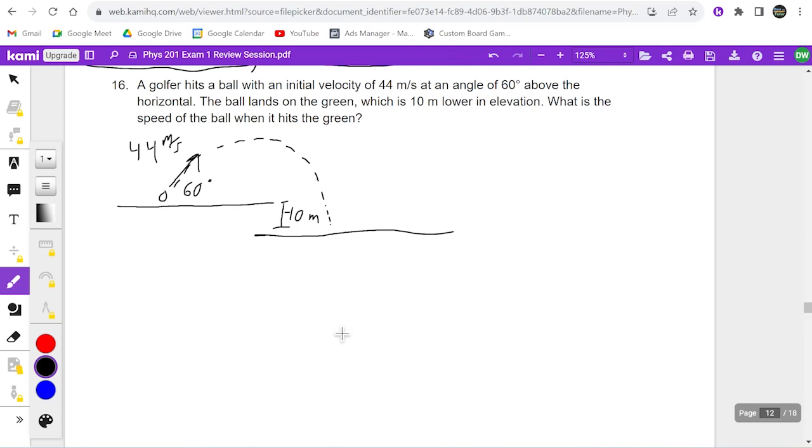Great. So the first thing I'm going to do, before I even do anything with the x-axis and y-axis, as soon as I have an angle at a vector, like speed, at an angle, 60 degrees, I need to split that in x and y components. So in other words,